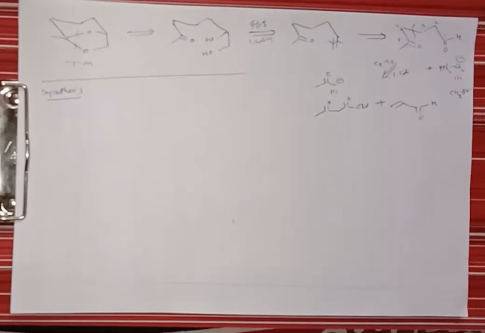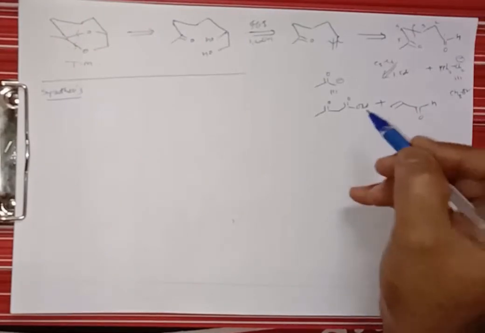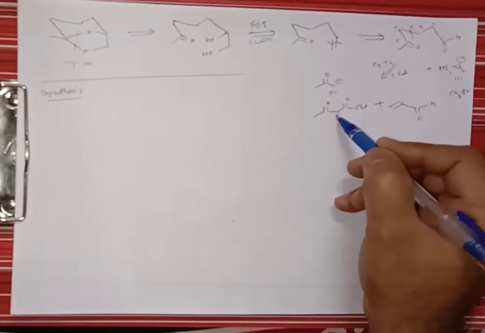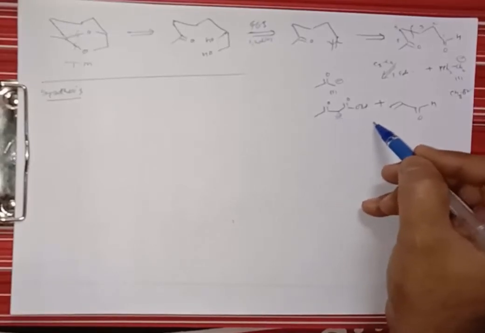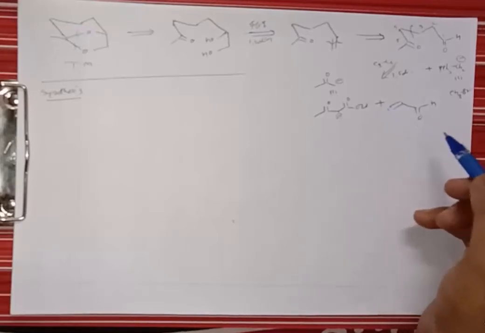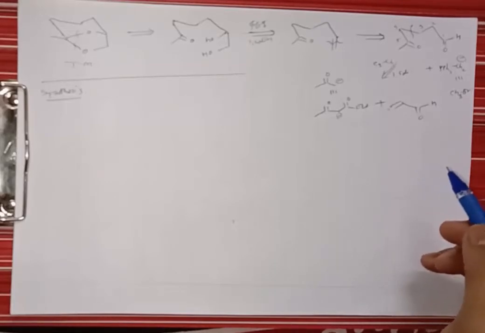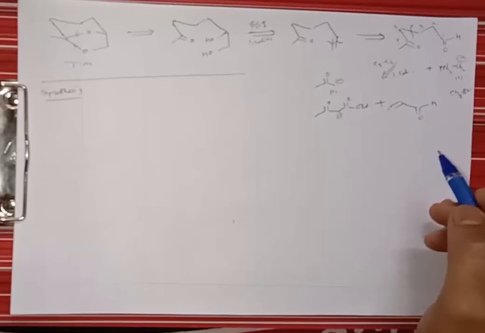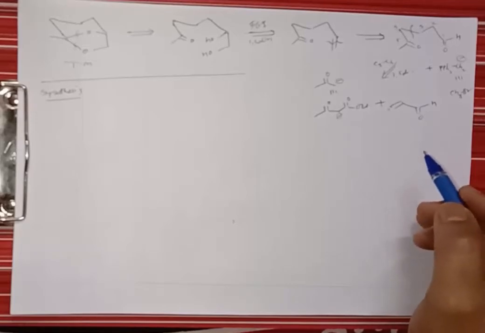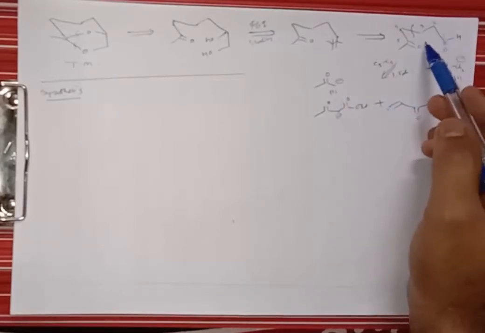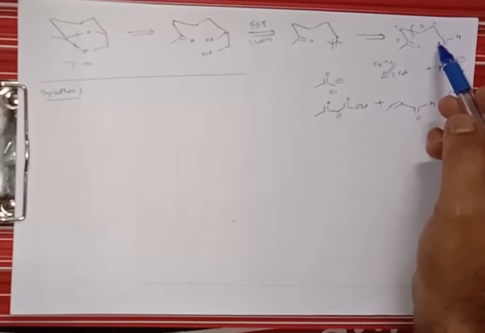so for the synthesis we can take this ethyl acetoacetate and treat it with a base. The base will abstract a proton from this side, giving a negative charge here, and the negative charge will attack this double bond. That means we can say that there is a Michael addition, but it is difficult to do selectively, because when there are ketone and aldehyde, we can add this molecule and get formation of such a 1,5 dicarbonyl compound.